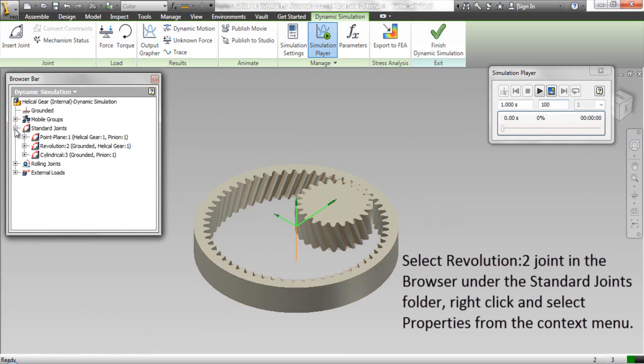Select Revolution 2 joint in the browser under the Standard Joints folder. Right click and select Properties from the context menu.